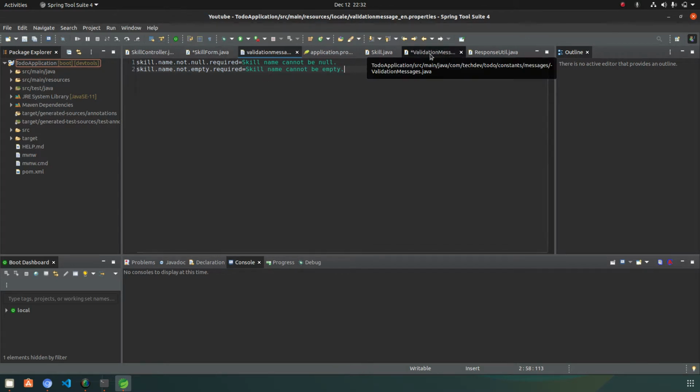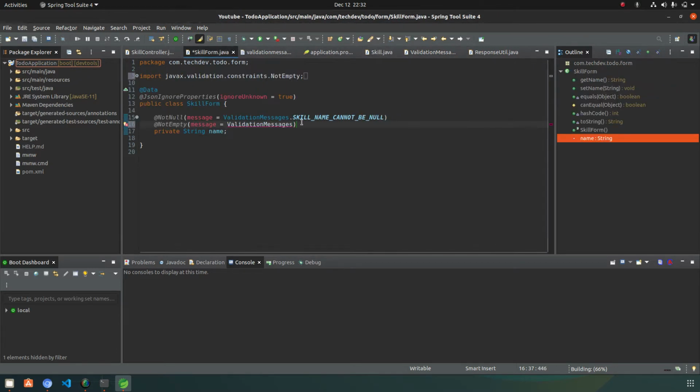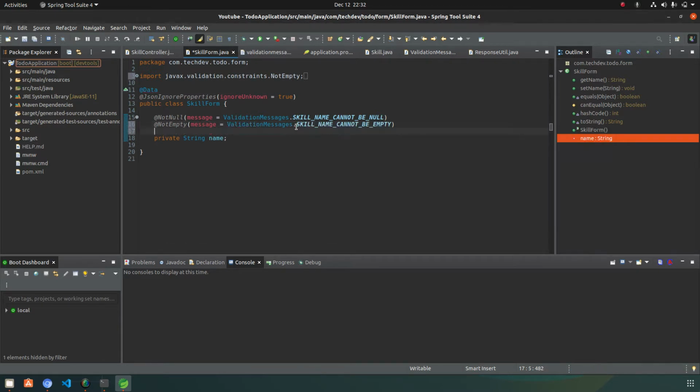Similarly, save this in the ValidationMessage class, and now go to the SkillForm and add this skill name cannot be empty message. Now come to NotBlank.